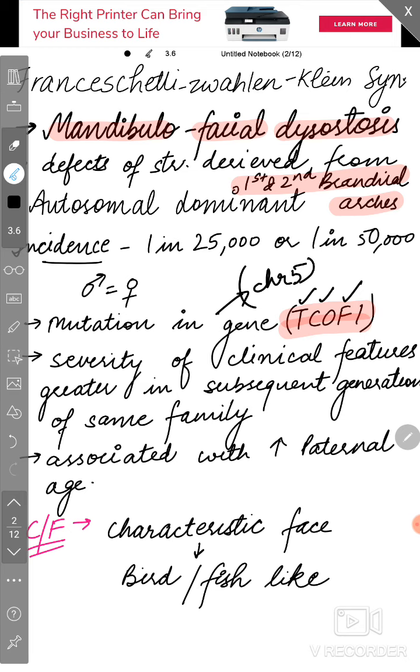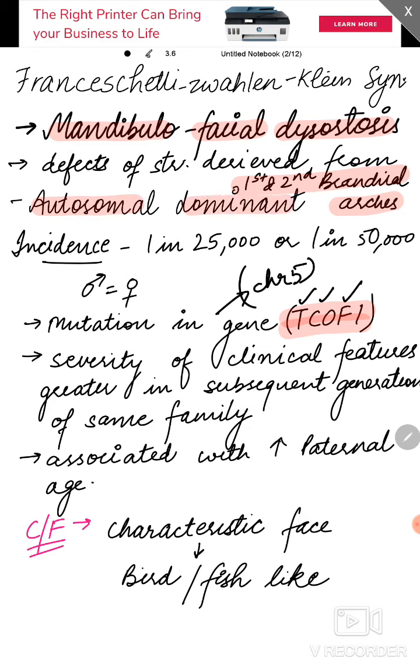Also there is an autosomal dominant pattern. In an autosomal dominant pattern we know that even if one gene is mutated, the disease will be expressed in the progeny. Also there is an association with increased paternal age, same as we read in Apert syndrome in the last lecture. So there is a mutation in gene TCOF1, fewer neural crest cells are going, so there is